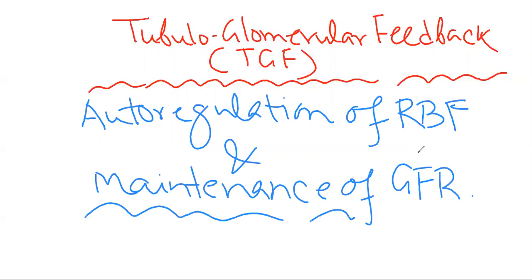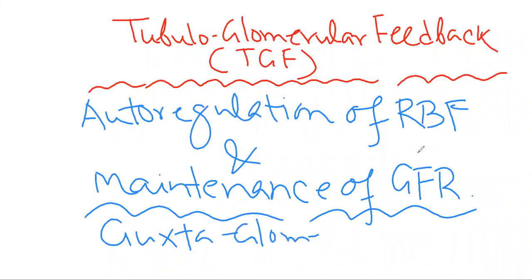So to understand this topic particularly, we have to first know about the juxtaglomerular apparatus. What is that? Juxtaglomerular apparatus. So what is the juxtaglomerular apparatus? It is basically a structure which is present in the distal part of the thick ascending limb of the loop of Henle and the very early part of the distal convoluted tubule when it meets with its own afferent arteriole of the same nephron.